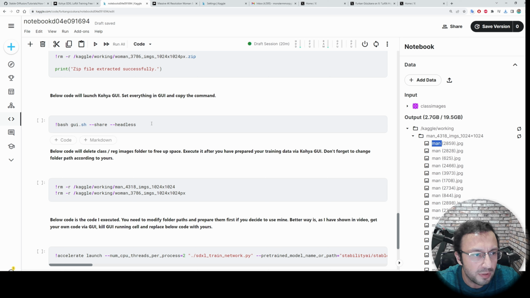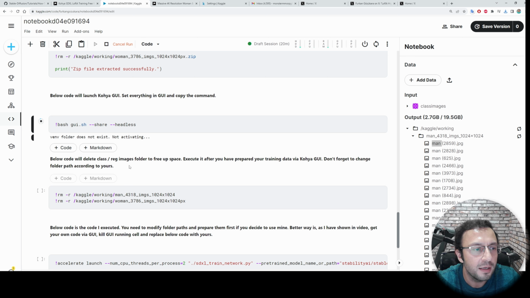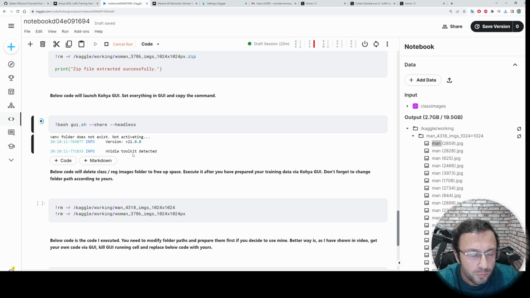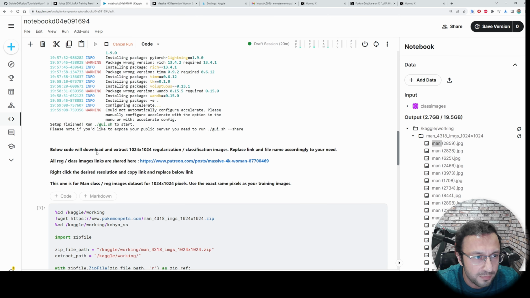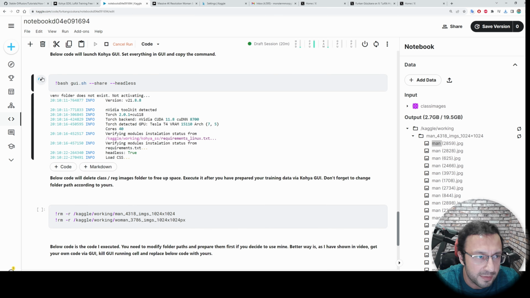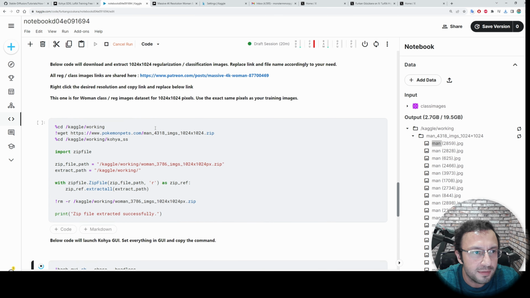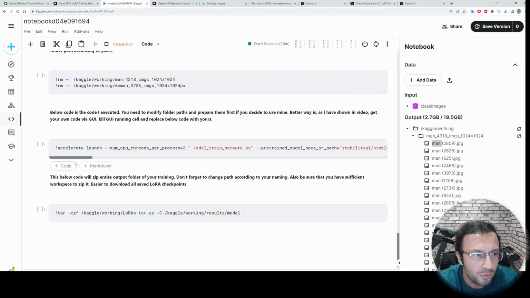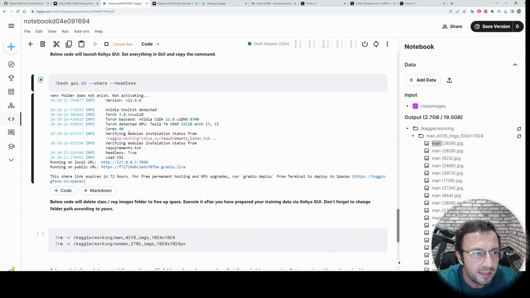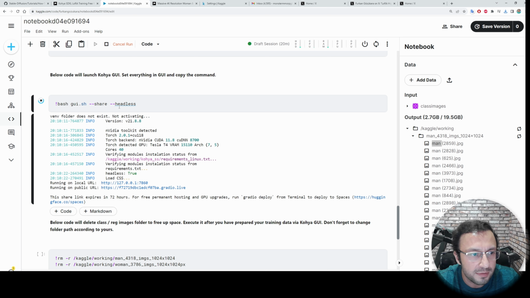What we are going to do is start the GUI instance with this command. This is the thing that we are going to run after the installation has been completed. As in other notebooks that run on cloud, we can execute one cell at a time. So if another cell is working, you won't be able to execute another cell. That is why I have executed this cell before I started the GUI instance. So I made sure that everything is ready.